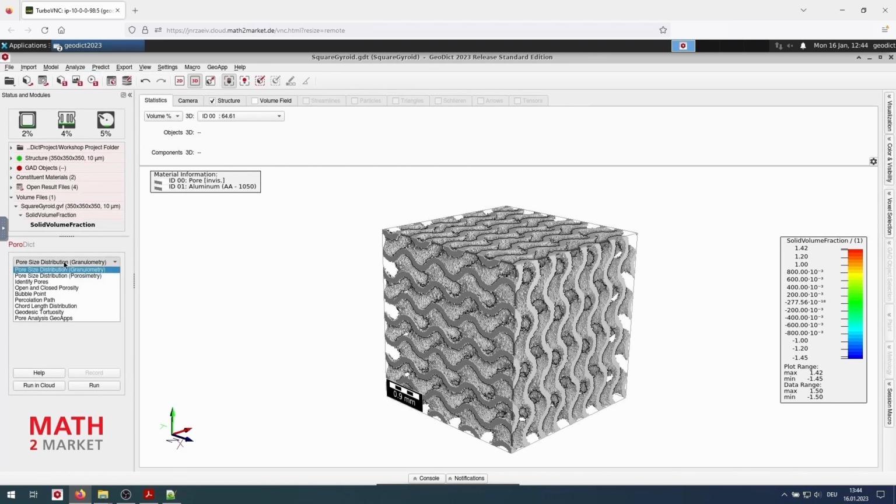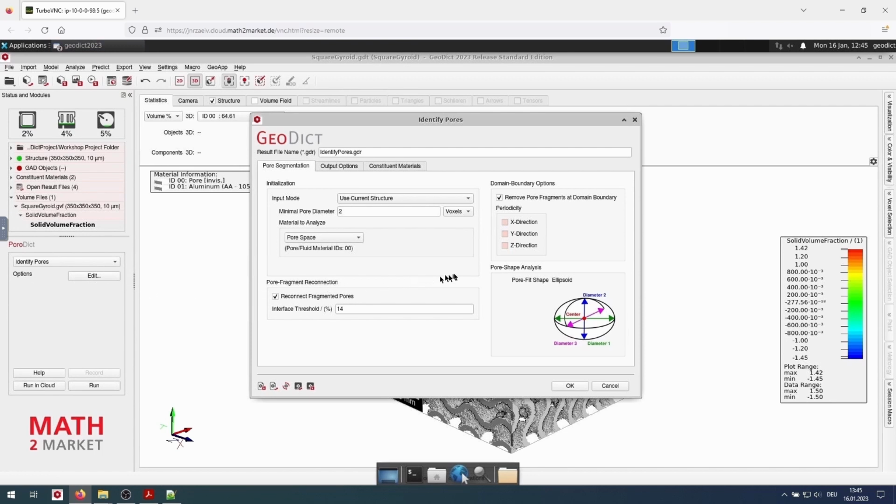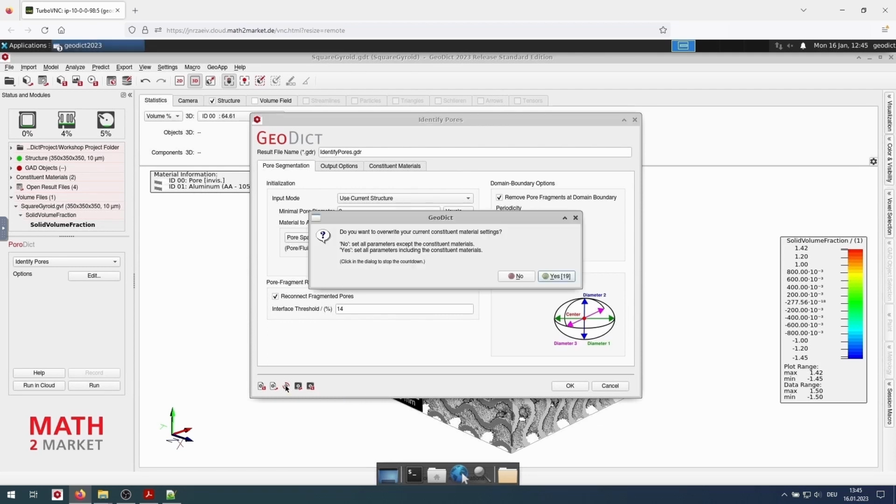We then select the Identify Pores submodule and we click Edit. We can always make sure to have the default settings loaded by clicking this small icon in the bottom left and then confirm with yes.